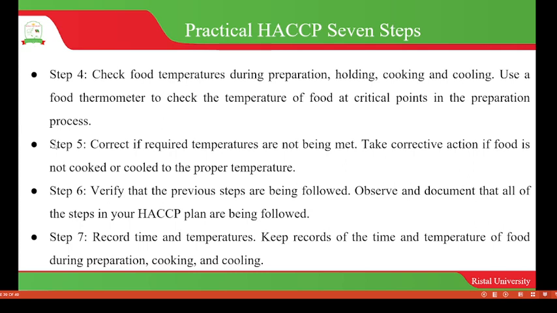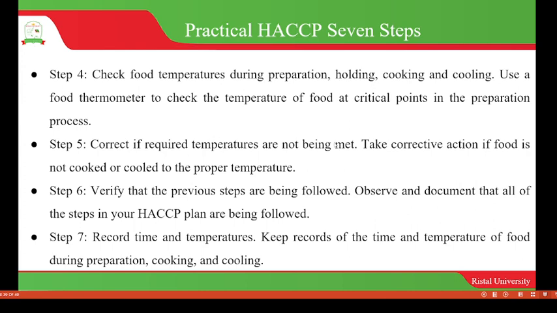Then in the next step, you can correct if required temperatures are not being met. That's what I was saying. If the critical limit is being exceeded or the temperature has not reached the critical limit, then you have to come up with a corrective action. You take a corrective action in order to correct that problem or to ensure that the food is cooked or cooled to an appropriate temperature. And then